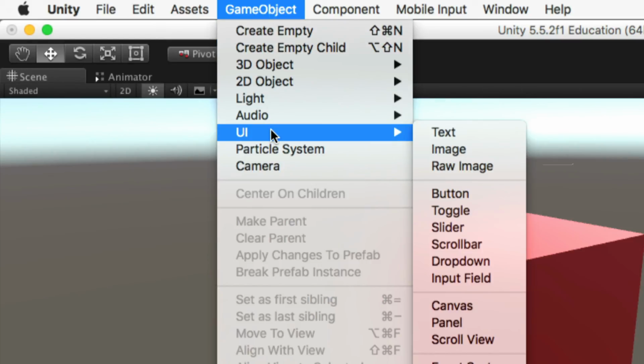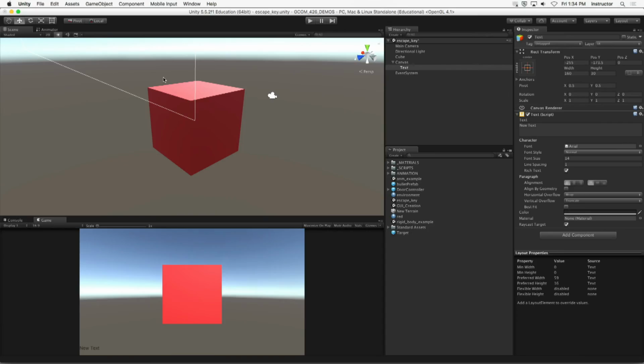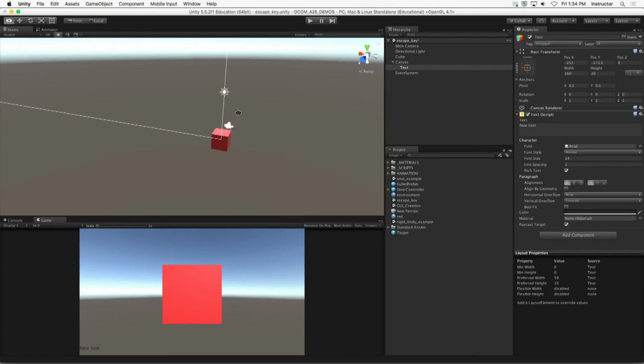Okay. Now, I think I'm going to start just by creating a simple little text element. I like making a text element and then kind of generating a button from there. It makes it a little bit easier for me to understand all the building blocks. Okay. Now, if we zoom out a little bit and look at our scene in the editor,